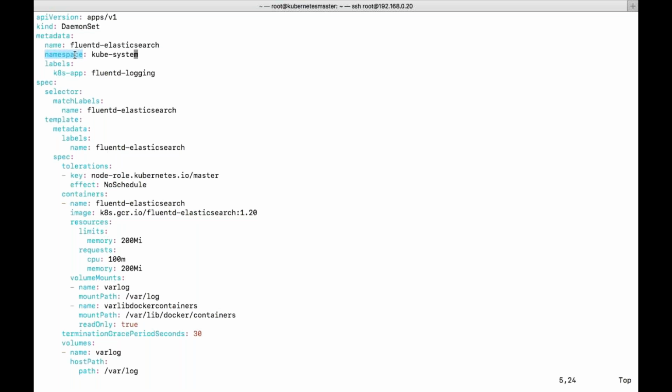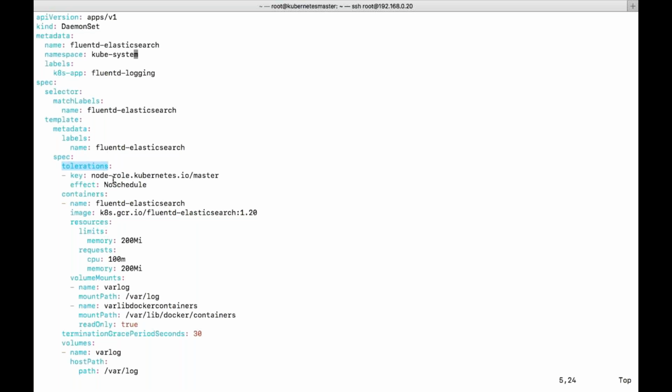This thing I already explained in the pod section. Labels are nothing but an alternative name for your pods, like for daemon sets. Then we come across spec, where you are using selector and match labels. Then in the template we are using metadata, which is nothing but labels, and spec. Tolerations are nothing but when it should be scheduled.